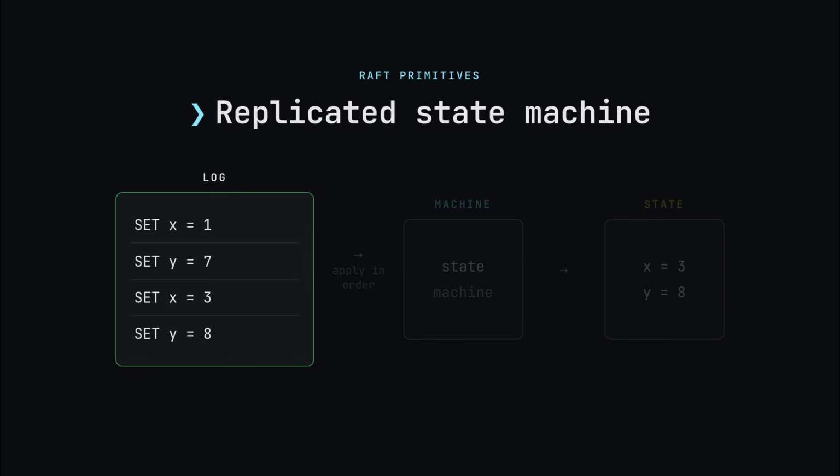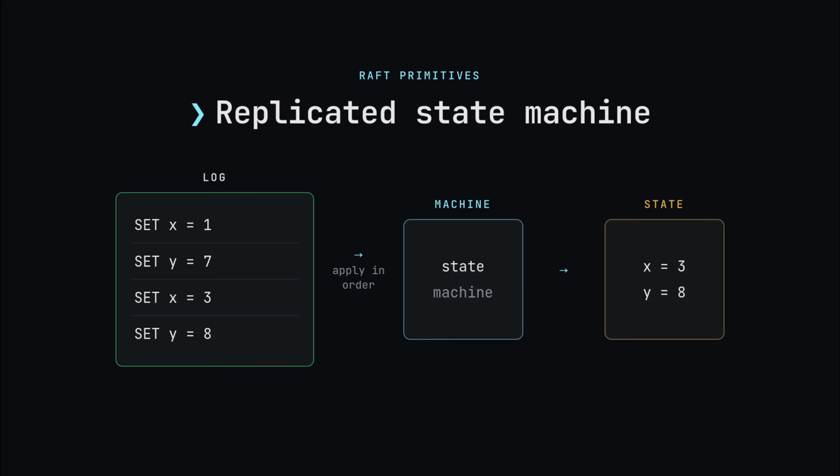Raft does not sync the database directly. It actually syncs a log, and each server runs the same state machine over that log. You apply those commands in order. First x is set to 1, then y is set to 7, and so on. And you do this on every machine that is following this log. Because we assume the machines are deterministic, the same log produces the same state on every single replica. So if every node has the same log in the same order, every node has the same state. The consensus problem in this picture is keeping those logs aligned. After that, you just run the commands in order.